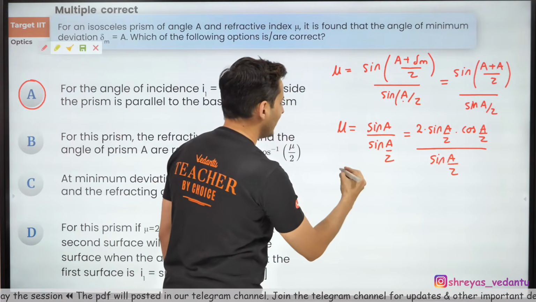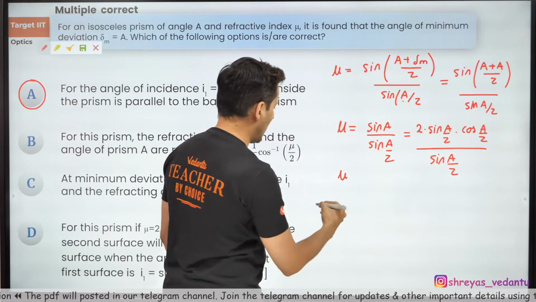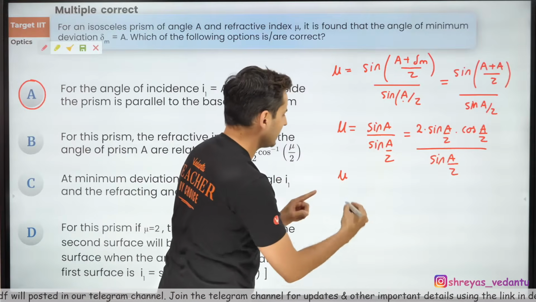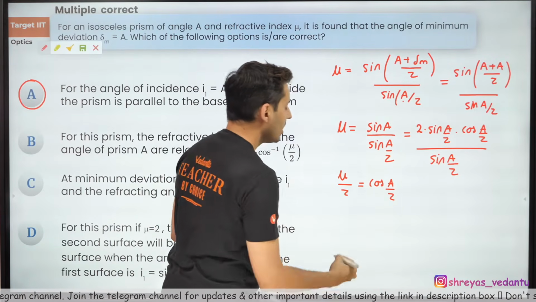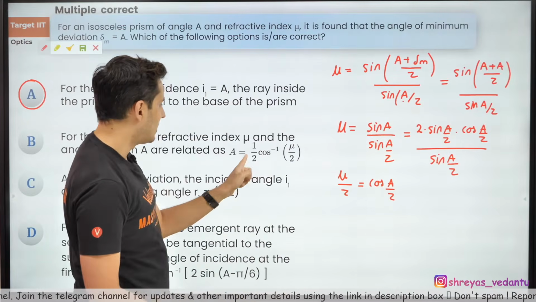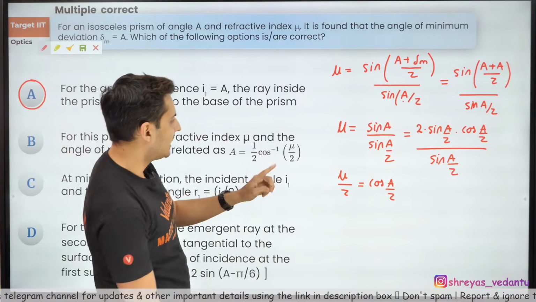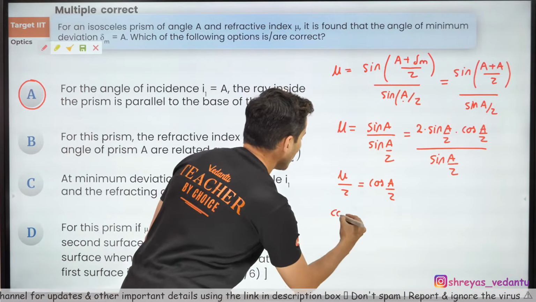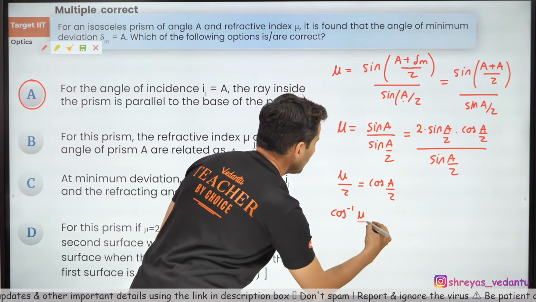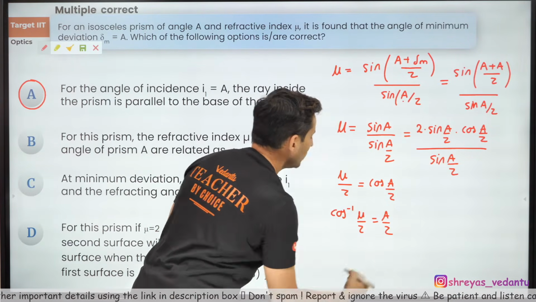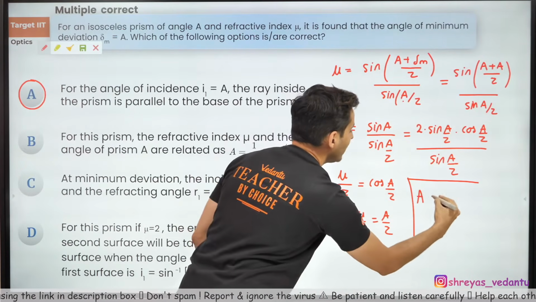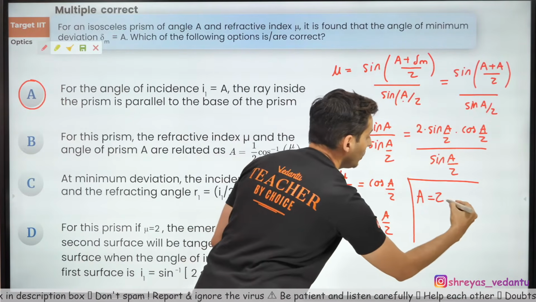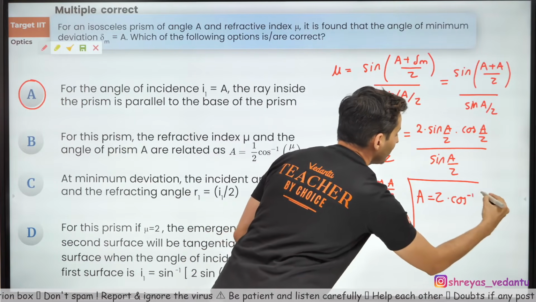Okay, so I will get mu, and probably I want mu by 2, so bring that 2 also below, is equal to cos of A by 2. Acha, now this is a problem. I don't think it will match, but anyways, so this will become cos inverse mu by 2 is equal to A by 2. Therefore, look at this. What will A be equal to? A will be equal to 2 times cos inverse of